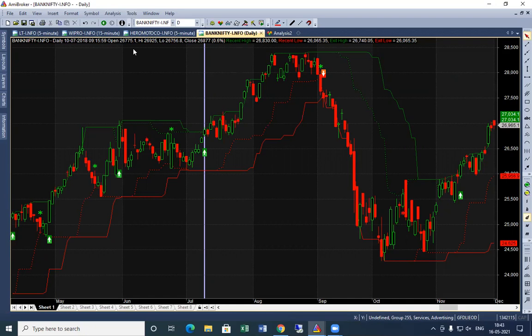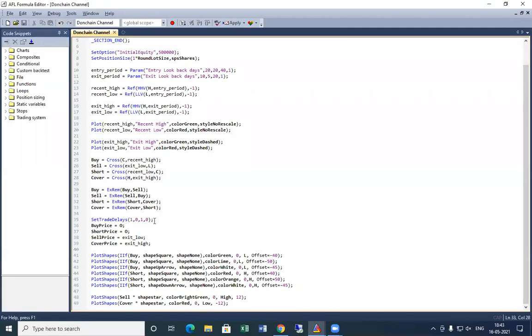So again, go to the code. What I define here is I have to define the delays for all the values for buy, for sell, for short, and for cover. I defined a delay for buy as 1, and for sell I defined delay as 0, because I am immediately exiting my position as soon as price crosses below the 10 bar Donchian channel.